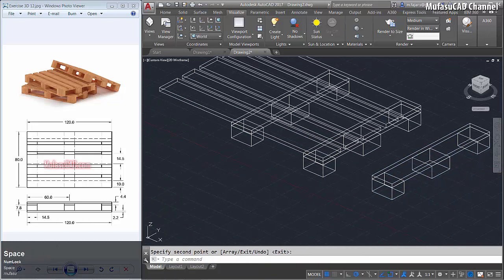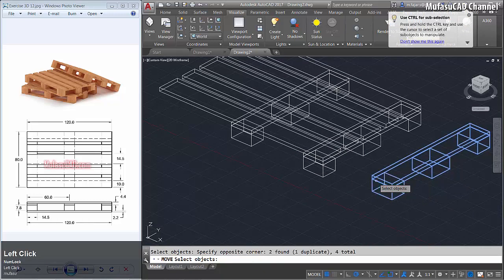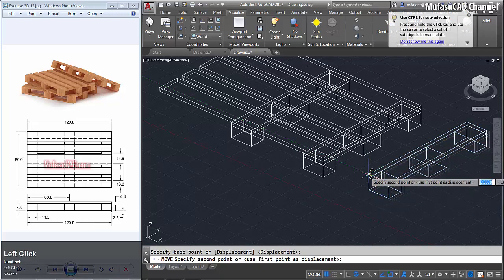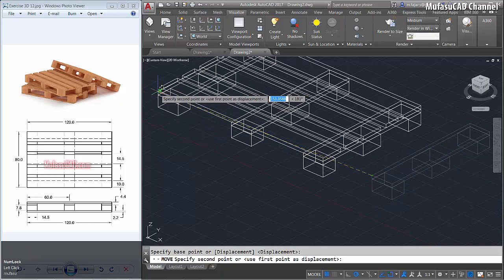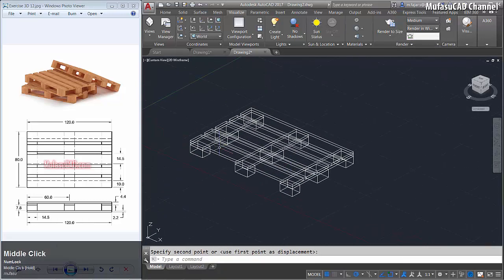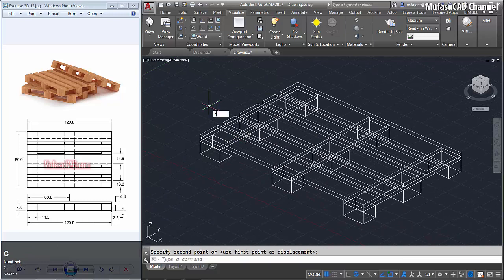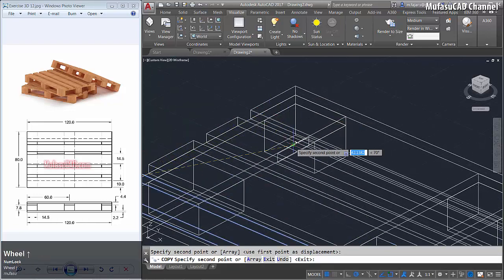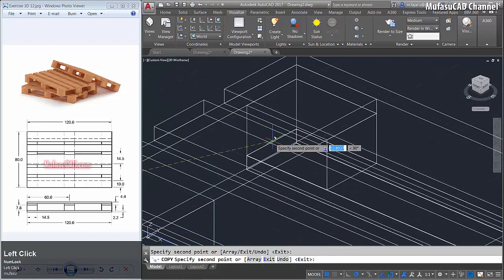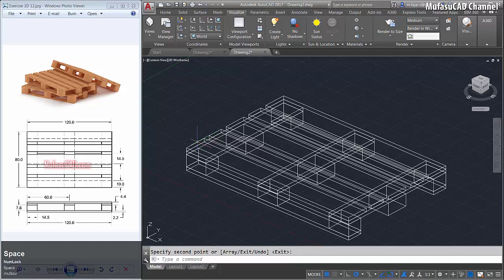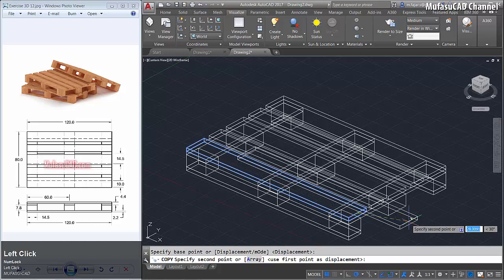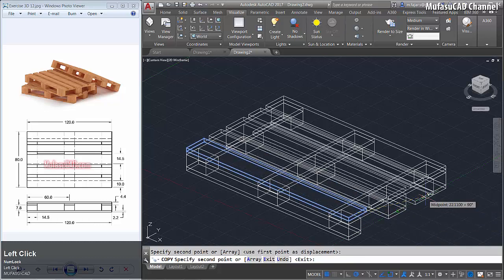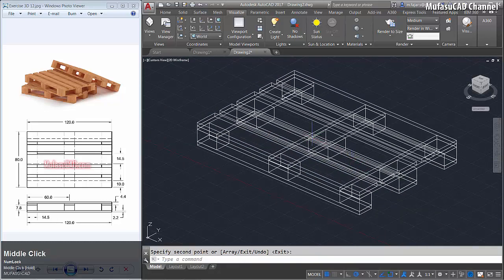Okay, and we move this object from here to here. Okay, you can copy again this object from a middle point here to middle point here and middle point in here. Okay, and we copy this object from middle point here to middle point here.